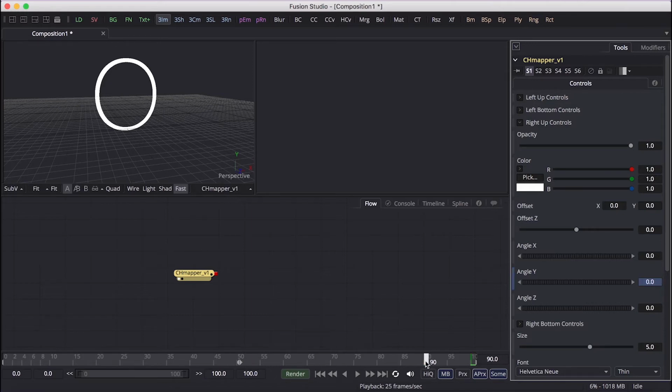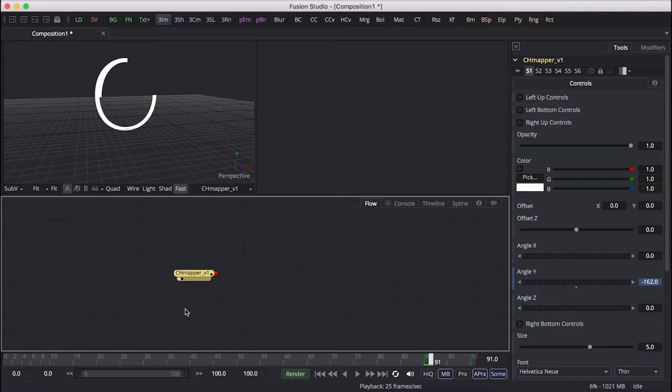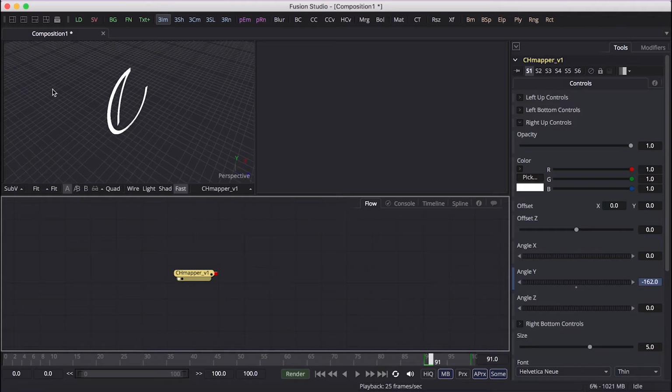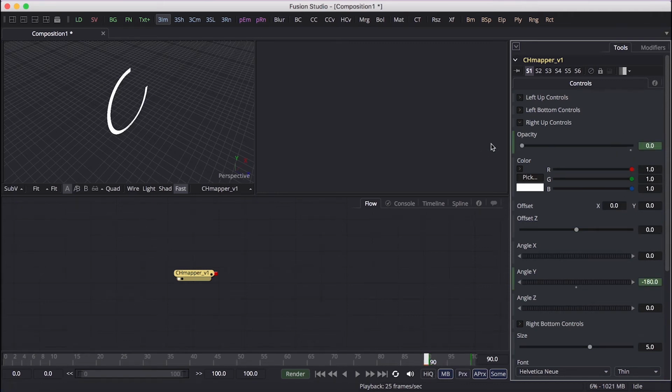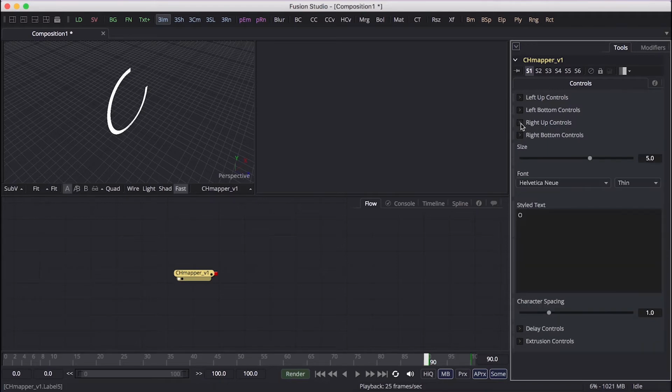Go to 90, 10 frames as we discussed, and rotate it to minus 180. Okay, and just before it touches the other one, to keep the whole thing clear, we will adjust the opacity: right click, animate on frame 91, go back to 90 and pull down the opacity.